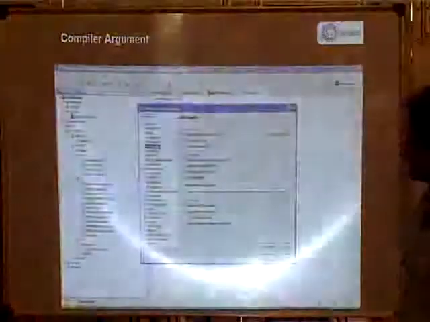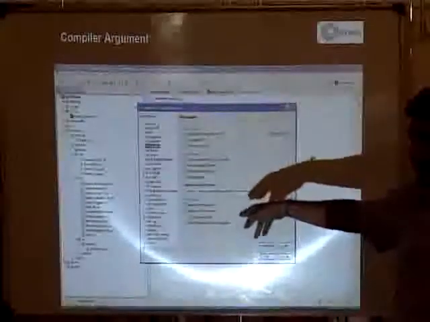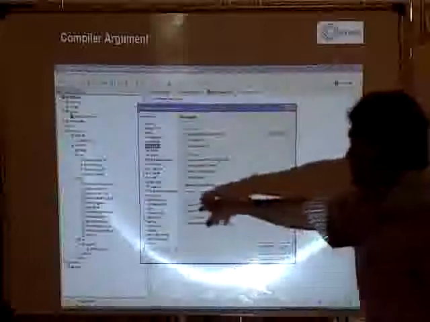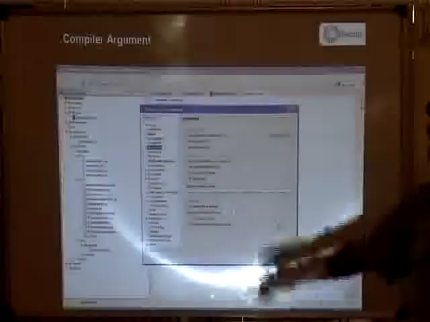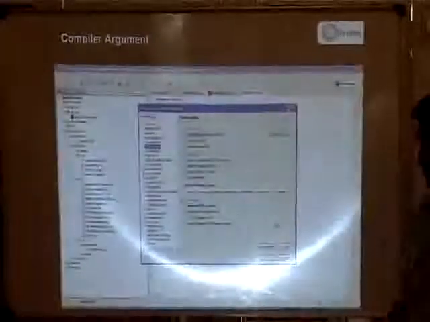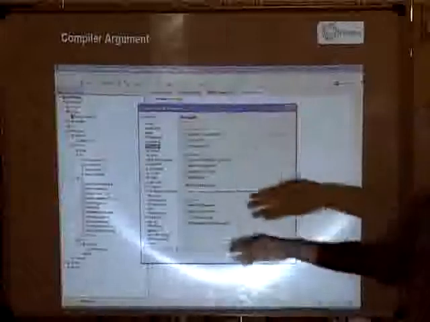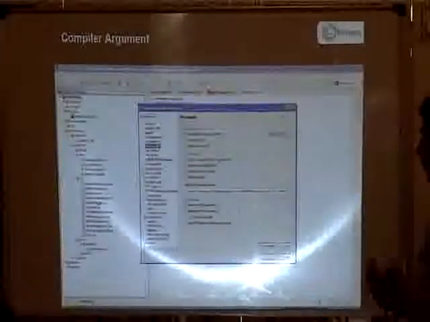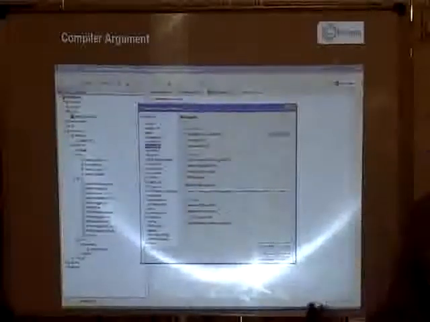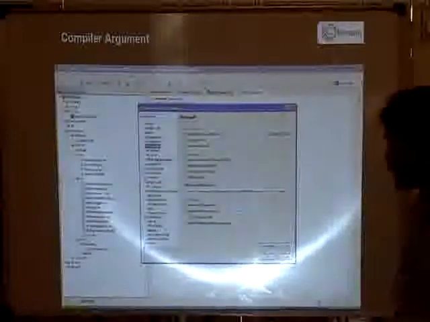Next. Actually, this is the compiler argument. Before compiling your code, you have to check these things. The service config XML is also automatically generated by the BlazeDS war file. It will add the path where the service config XML is located. When you are compiling, it automatically embeds this XML into your client side SWF part.